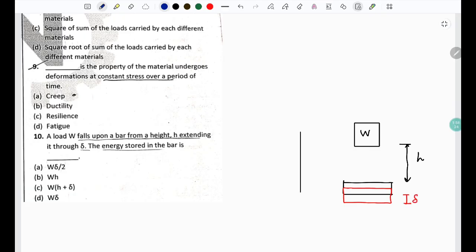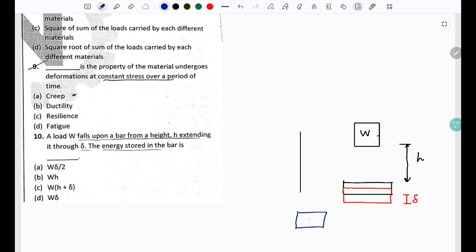Therefore the net distance through which it traveled would be, normally, if there was no extension of the bar, it would have simply been h, but since the total fall this weight has had is h, along with,